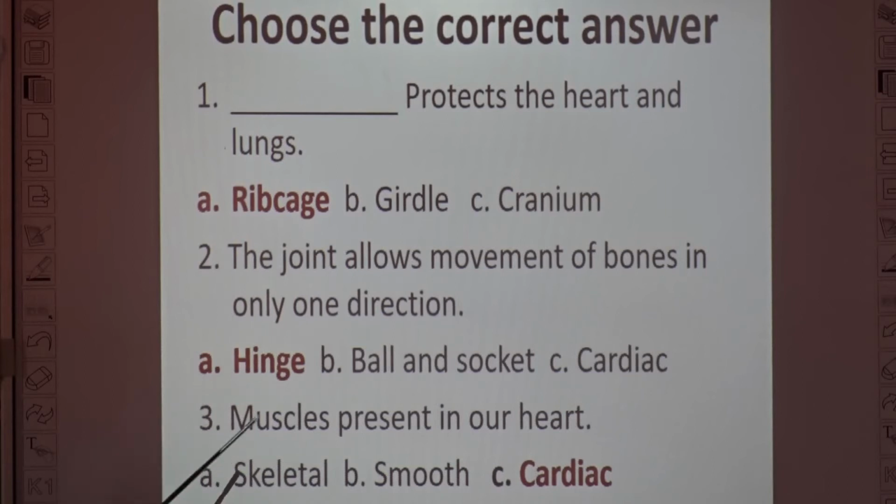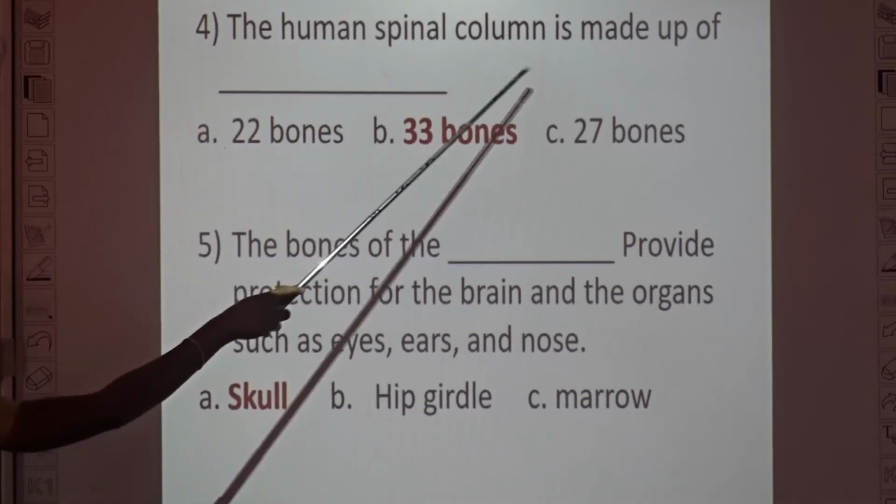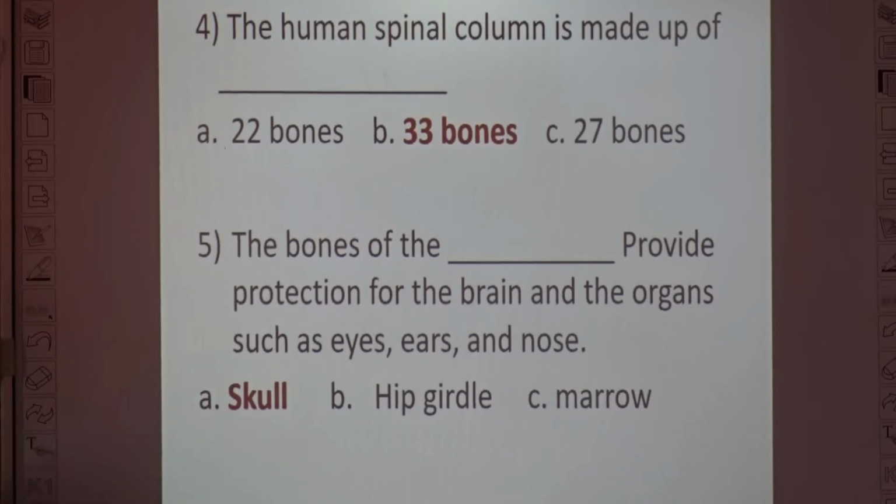And the third one, the muscle present in our heart is cardiac muscle, not skeletal or smooth. The next one, the human spinal cord is made up of how many bones? It is 33 bones. And the fifth one, the bones of the